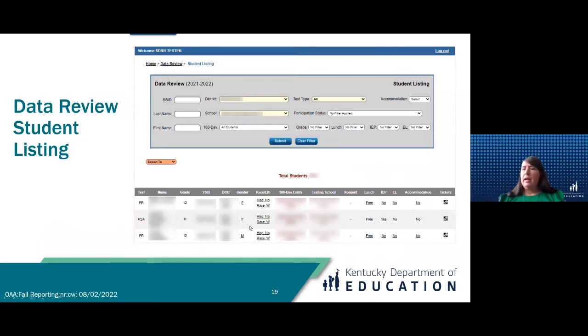All right, I think I've gone over all of these things on the student listings. And remember, you can filter by a specific one. If you just want to look at your post-secondary readiness for your 12th graders, you could see that on that particular student listing and go by each test or individually, or you can see them all at one time and still filter them. So it's up to you how you want to look at this.